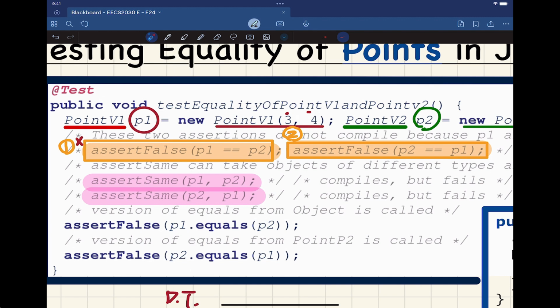What might happen at the runtime is, if you try to say assert equals, in that way, you might boil down into comparing the references between P1 and P2. But that's not a story. That's implicit. It's not something you wrote directly. But if you want to write something directly, you cannot write to compare the references between two different types. You just cannot. All right? Compilation error. Other than that,